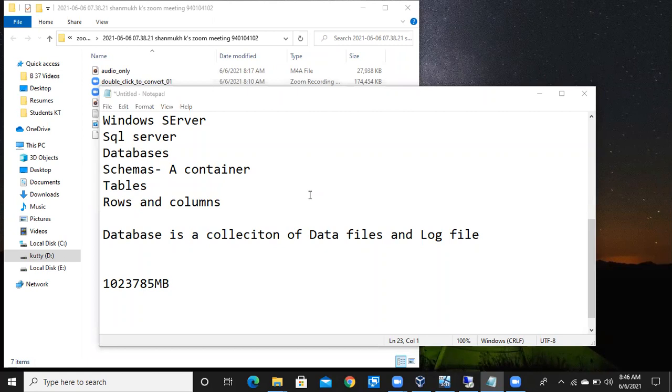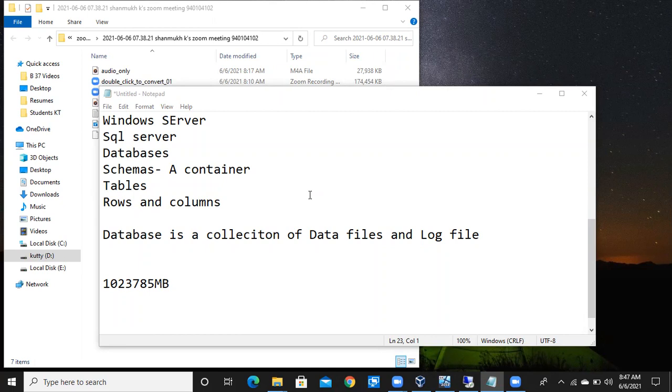What are the situations where we have to take the database offline? Usually we won't take the database offline. Sometimes if the server is rebooted, some databases won't come online, so the database will be offline. There are some situations, right: if the applications are not using the database, they will request us to put the database in the offline state. In such situations we are going to keep the database offline. There are other situations also, where we are going to do database restores. While doing the database restore, we'll keep the database state as offline. Before restoring, usually the database state should be offline. These are some scenarios where the database will be offline.